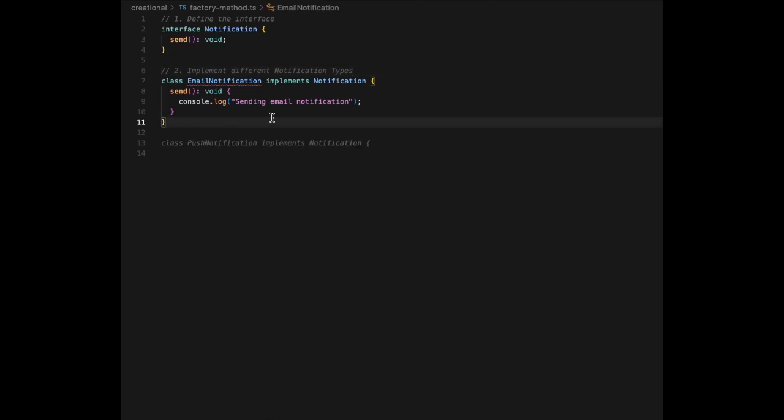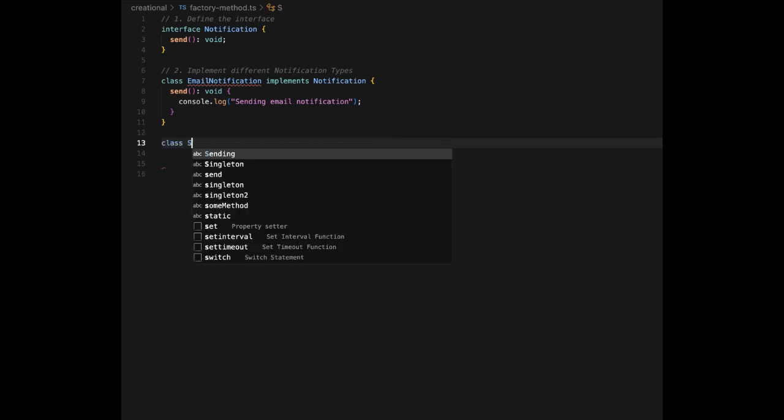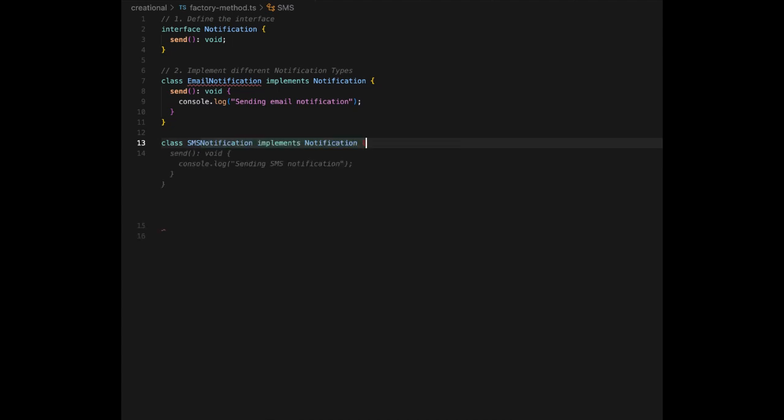Now, if we want multiple notification systems to be introduced in our system, we can just create a class and implement the Notification interface. The interface method send will be different from one class to another, but the system will be the same. So in step 3,